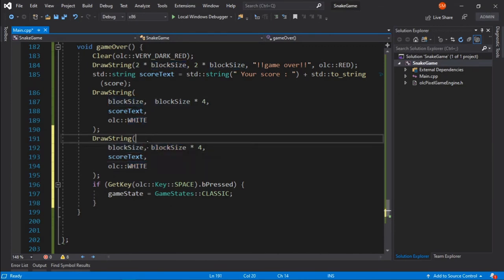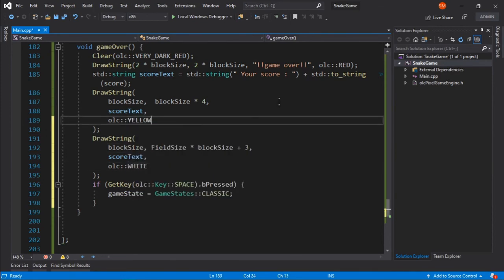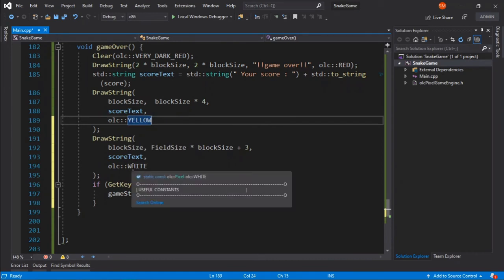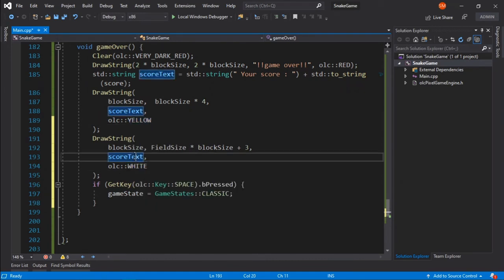here, and it will be in yellow, and this will be in white, and it will say press space to continue.